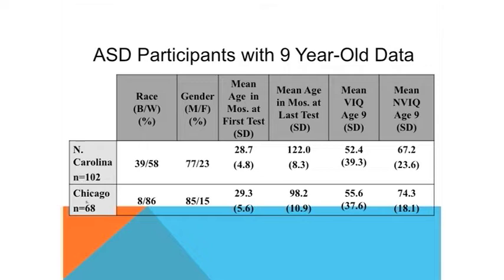And you can see by the IQs that this is a sample of kids with more intellectual disability than we would see, again, if we took consecutive referrals in clinics today. There's a huge range, if you look in the last 2 columns, of people from very high intelligence to very, very significantly intellectually disabled kids.